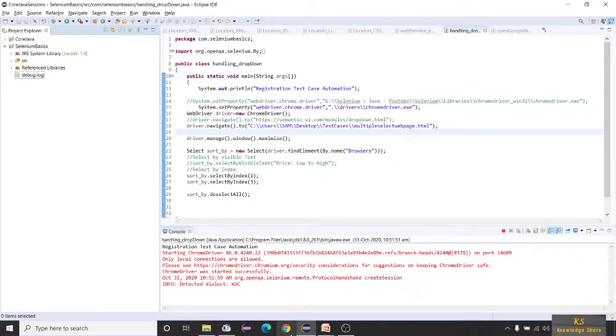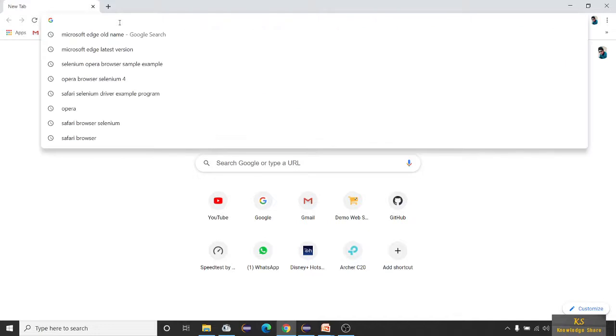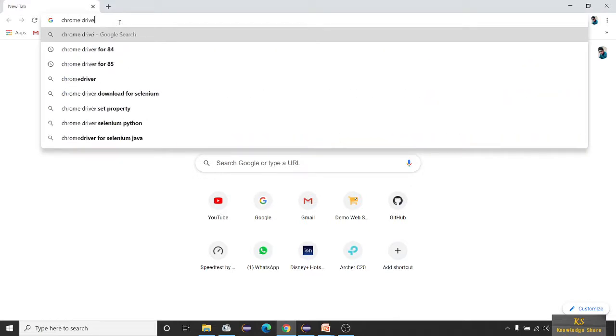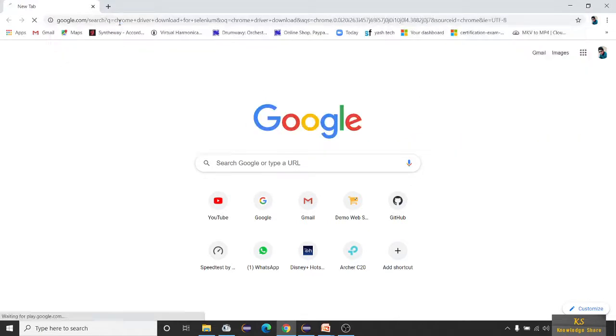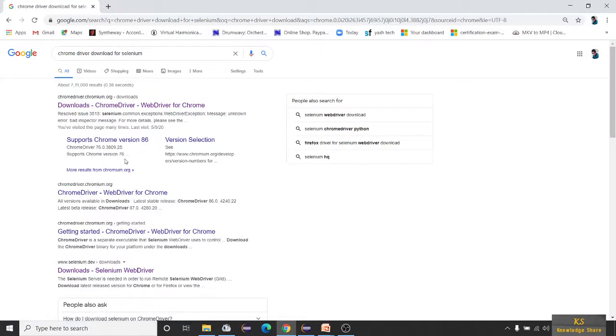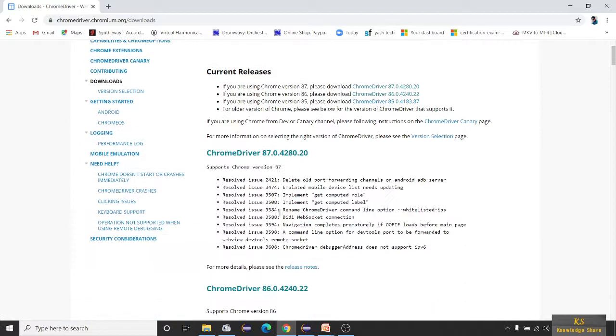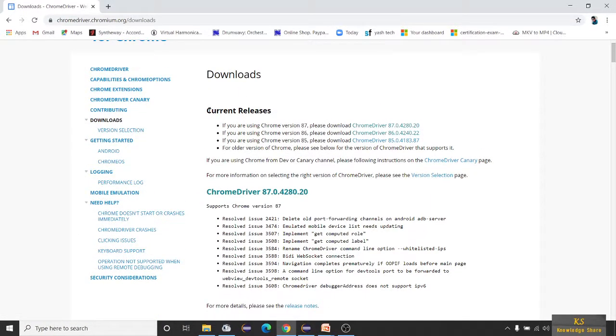It's very simple. What you have to do is just go and type ChromeDriver download for Selenium. If you see here, you have different releases: ChromeDriver 85, 86, 87, right?